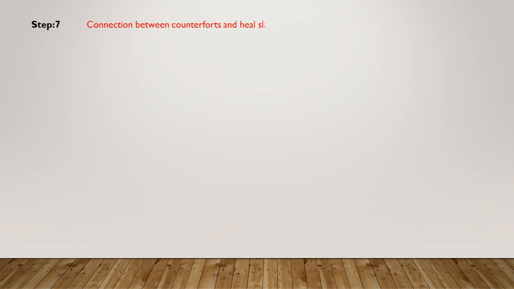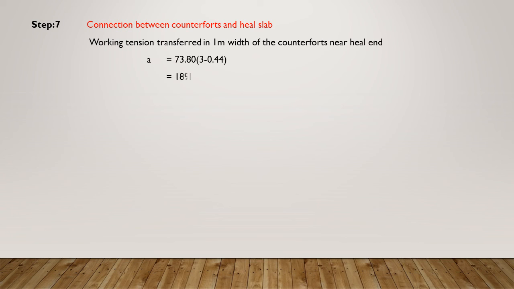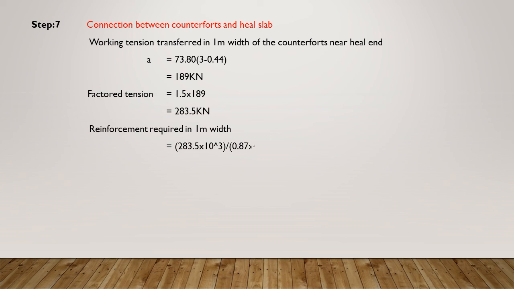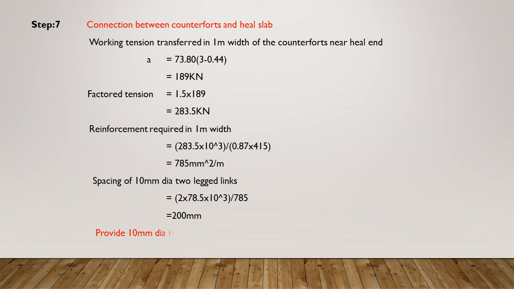So step number 7, connection between counterfort and heel slab. So working load transferred per 1 meter width of counterfort near the heel slab end. So A is equal to 73.80 into 3 minus 0.45, the thickness of the slab. So we got A equal to 189 kilonewton. Our factored tension is simple: 189 multiplied by the load factor. Our load factor is 1.5. So our answer for factored tension is equal to